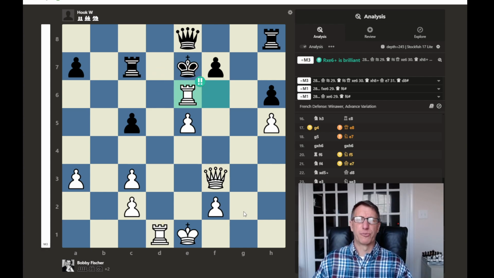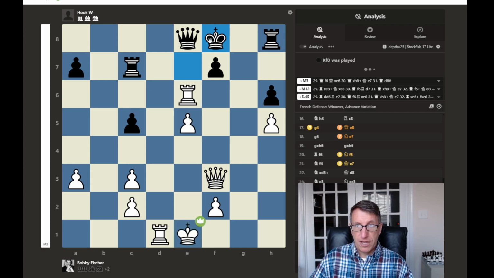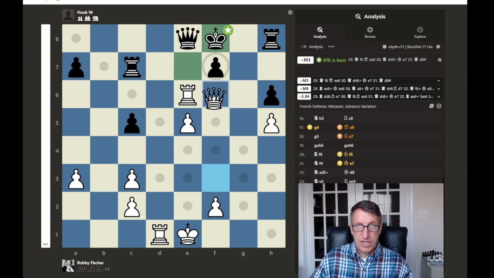So just a brilliant move by Bobby Fischer here. Pretty awesome way to end the game. And of course, if the king runs, you could capture the queen. Let's see. But apparently capturing the queen is not best. There's an even better move, which is